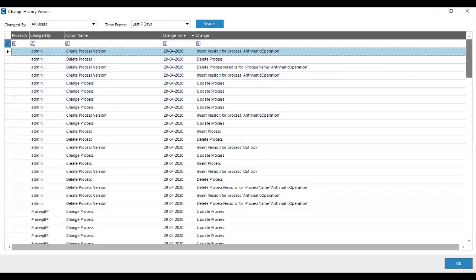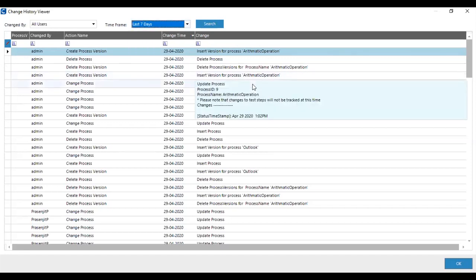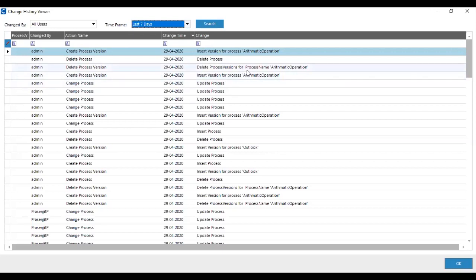You'll find the change history. Whatever changes you make, all will be reflected in the change history, and you can also search by time frame, like last 7 days, last 30 days, and others, and search for that particular process. We want to restore the deleted version of the process.